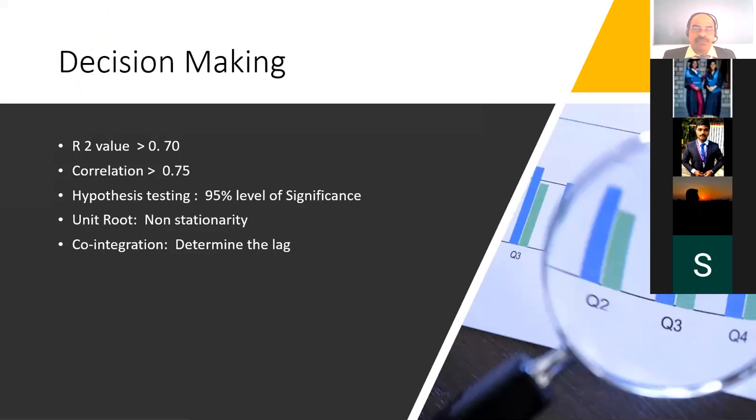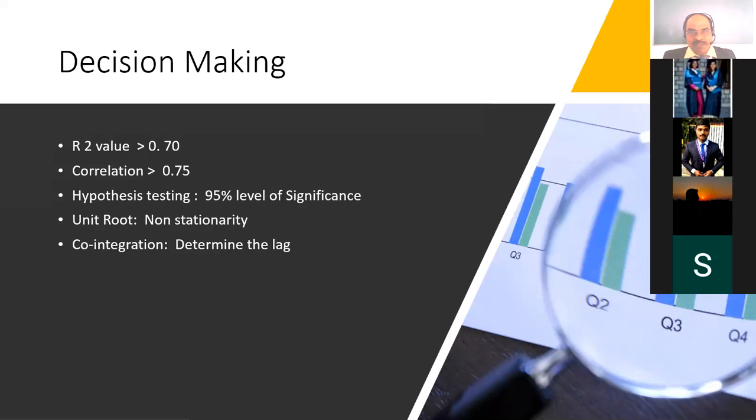Lastly, how to take a decision from that. That is important. As I already told you, when you want to conclude your analysis, you have to write the decision. Usually the R square value should be more than 0.7. In my view, it should be more than 0.8. But since you are in the pandemic period, we decreased it to 0.7, which has been mentioned by the ISO itself. They mention clearly that since there's heavy fluctuation, we are considering 0.70 as a good level. Likewise, correlation of 0.75 means positive correlation.